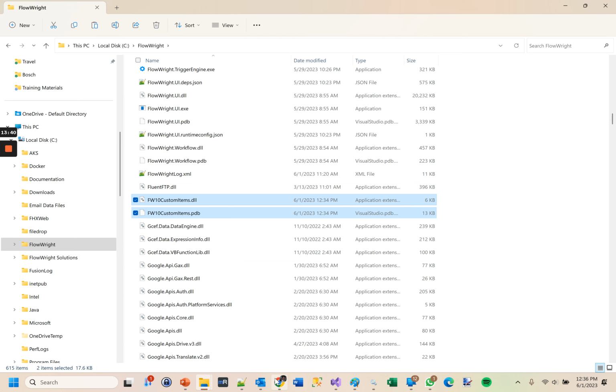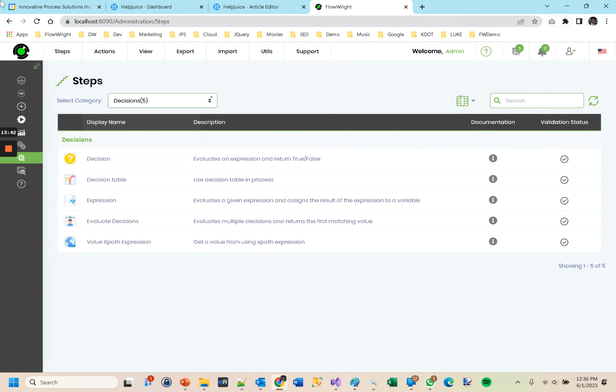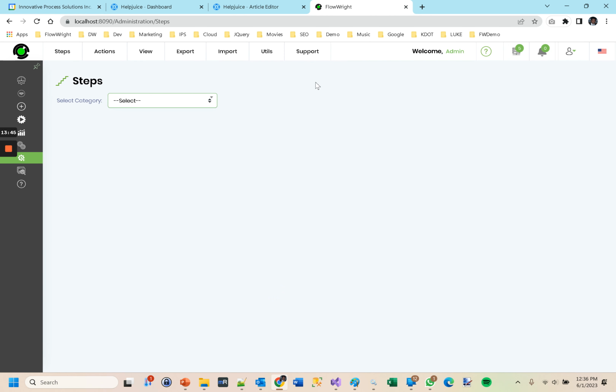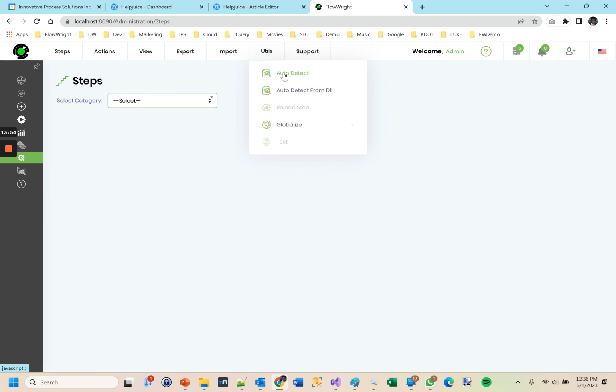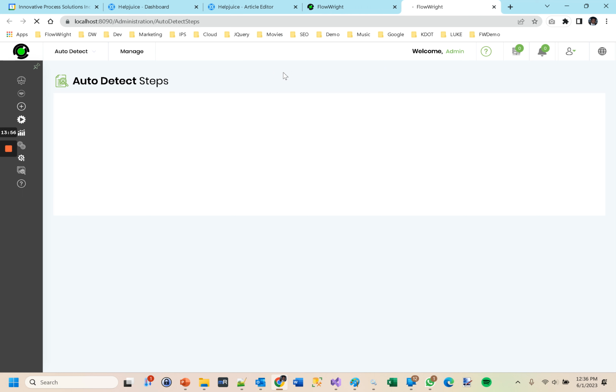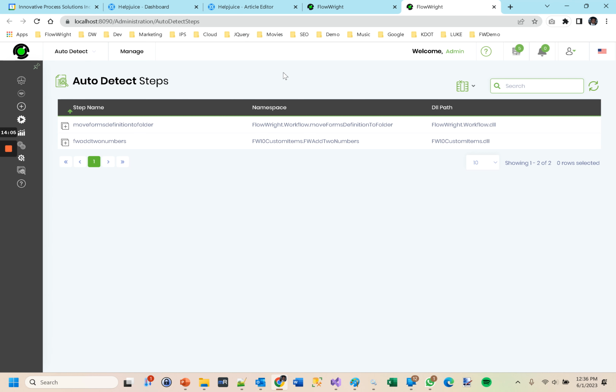So once we have copied, let's go to FlowWright, and let's just refresh the UI here. And so we are under administration steps, and let's go to utils, and let's say auto detect. As soon as we say auto detect, it should automatically pick up whatever custom steps we have not configured within FlowWright but exist in the file system. So you can see two steps showed up, and one of them is the one that I just wrote, and